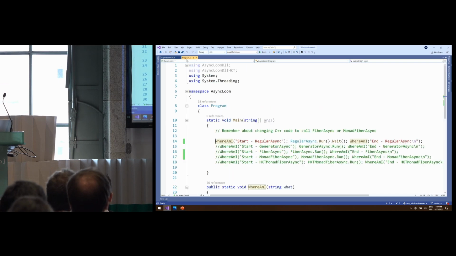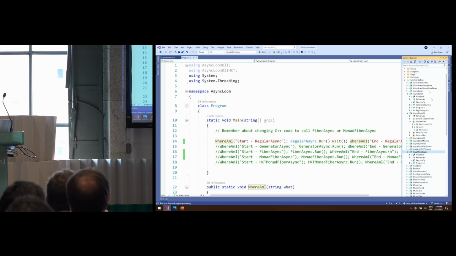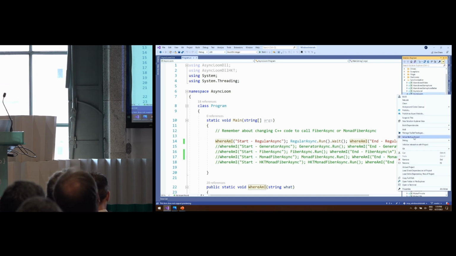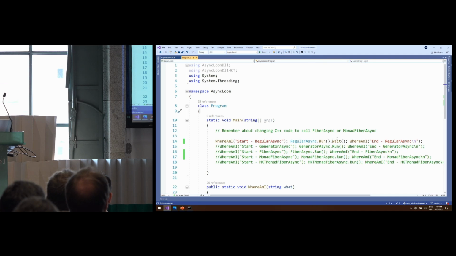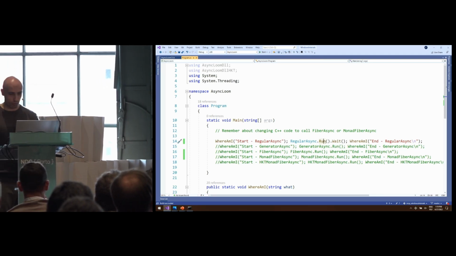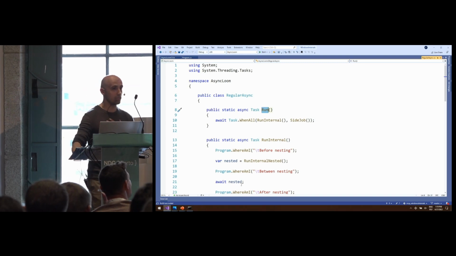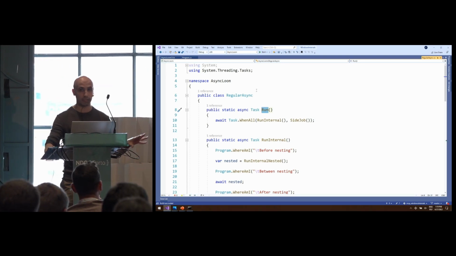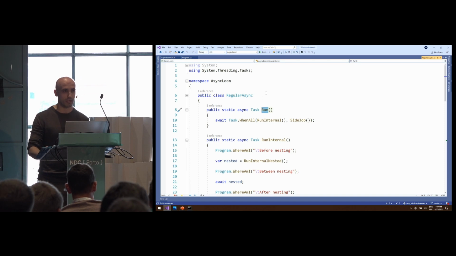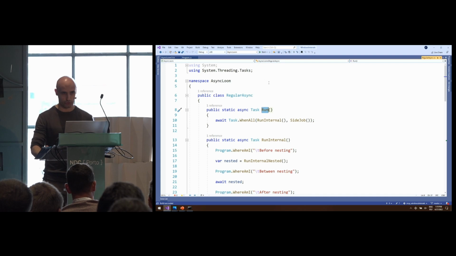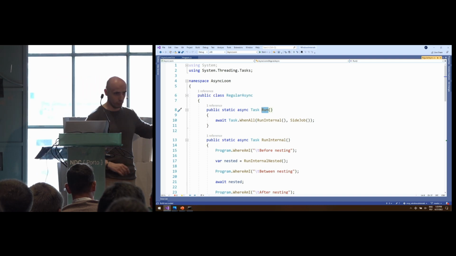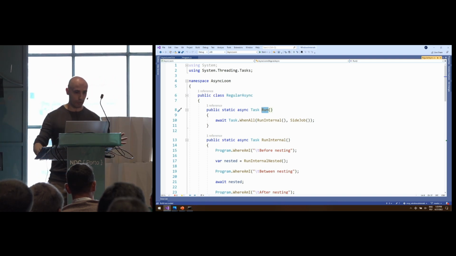Let's close this one. Let's start with the regular async example and see what we are doing. So let's start this up first. The important thing about async, as I mentioned, is that we cannot block the operating system level thread. That's the crucial point of asynchronous programming. If at any point of time we block the OS thread, then there is no use in async at all. What we are doing is, we'll have a demo, an example code, which we'll use multiple times throughout the demo to show you what we are tweaking.